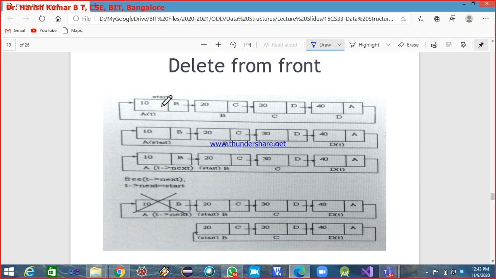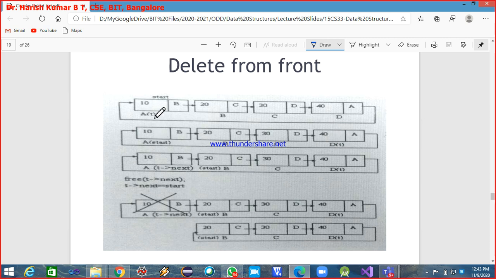Using this t, I make t travel until it reaches the last node, and you have already understood how to do that in the previous class. While t arrow link is not equal to start, we keep advancing t until it reaches the last node.